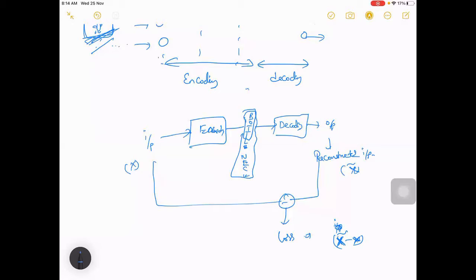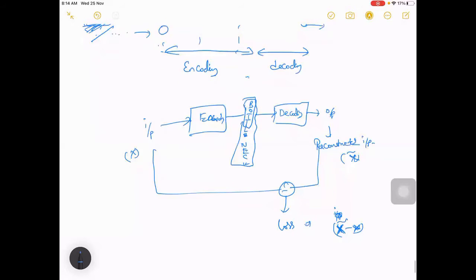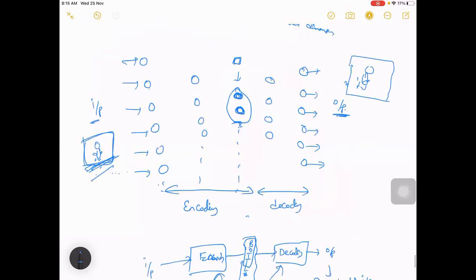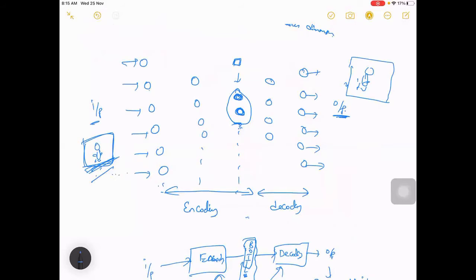So with this, you can calculate the loss, and this loss we pass to the optimizer. Then the weights of these two will get updated, maybe this as well. So these will get updated, and slowly this network will learn to extract features from it, and also encode your larger dimension to a shorter dimension.